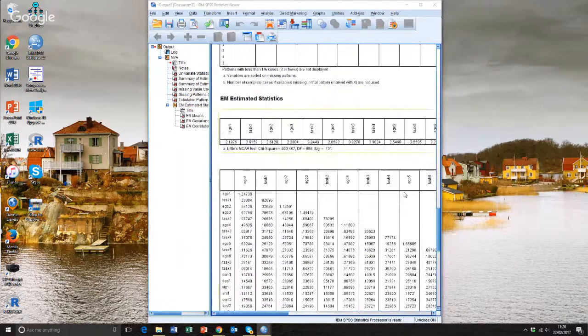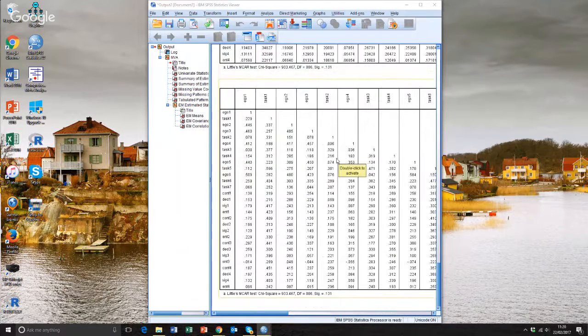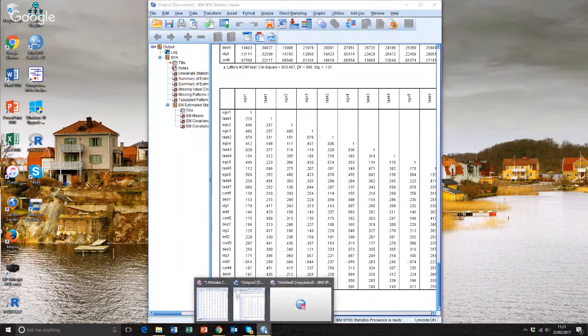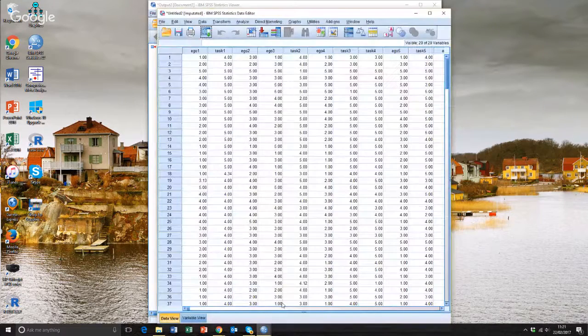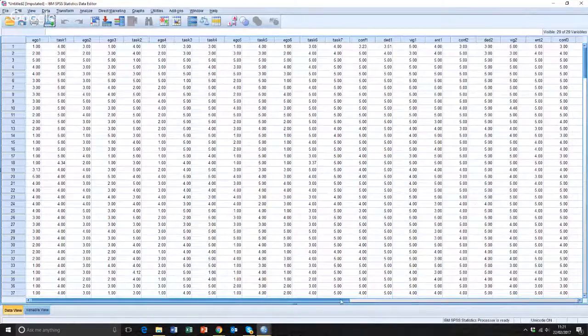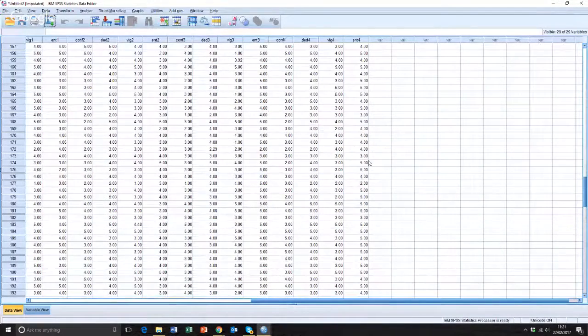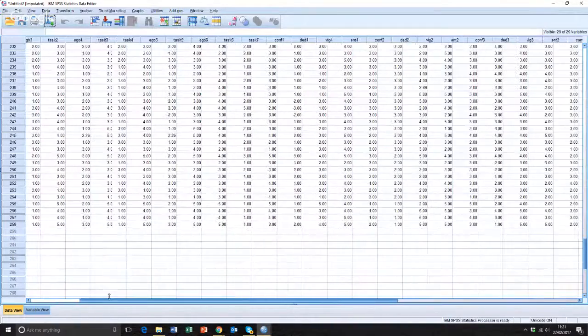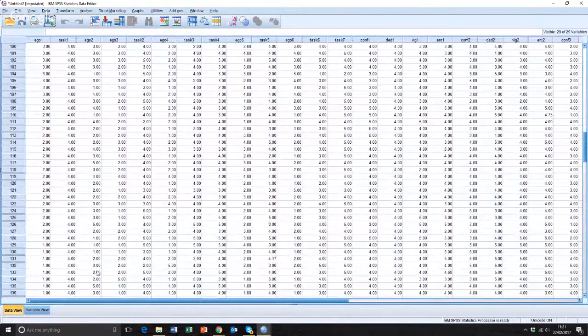runs exactly as it did for us in the lecture, using exactly the same output. But what's interesting is that not only does it produce the test of whether the data is missing completely at random, but it also spits out a new data set, an imputed data set. And you'll notice that in this data set there are no missing values. Okay, so all the variables now are filled in. And that's expectation maximization. It's as simple as that in SPSS. Now you have complete data that you can go and test for outliers, and then you can go and do